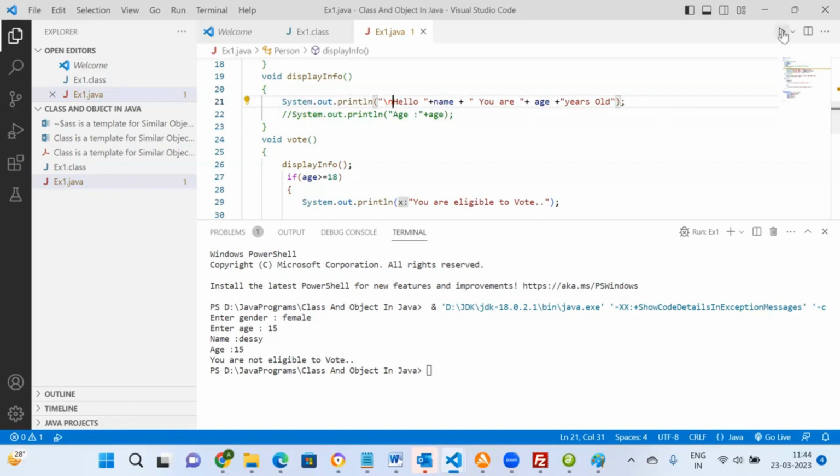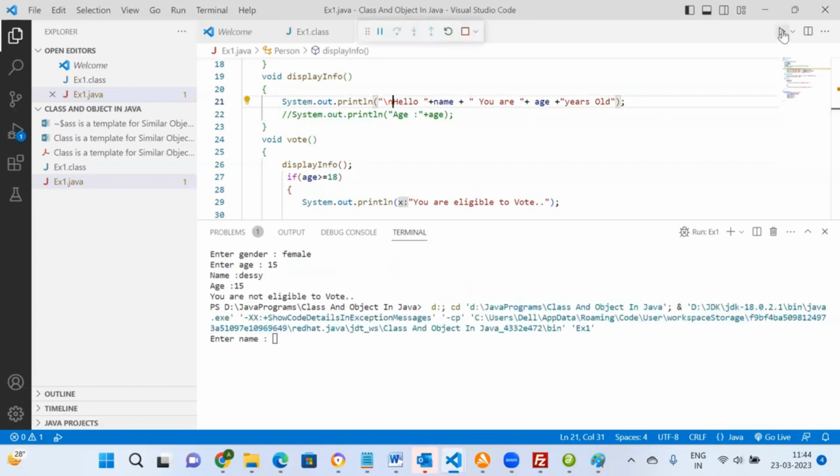थोड़ा सा हम लोगों ने चेंजेस किया है। अब इसको हम लोग फिर से रन कर रहे हैं। पहला यूजर के लिए हम लोग इनपुट कर रहे हैं, नेम इज जॉन, एड्रेस इज दिल्ली, जेंडर इज मेल, एज इज 45। अब देखिए क्या बोल रहे हैं, हेलो जॉन, यू आर 45 years old, यू आर एलिजिबल टू वोट। हम लोगों ने यहाँ पर प्रिंट किया हेलो प्लस नेम। तो नेम क्या है यूजर का, जॉन है, तो हेलो जॉन। यू आर एज क्या है 45, तो